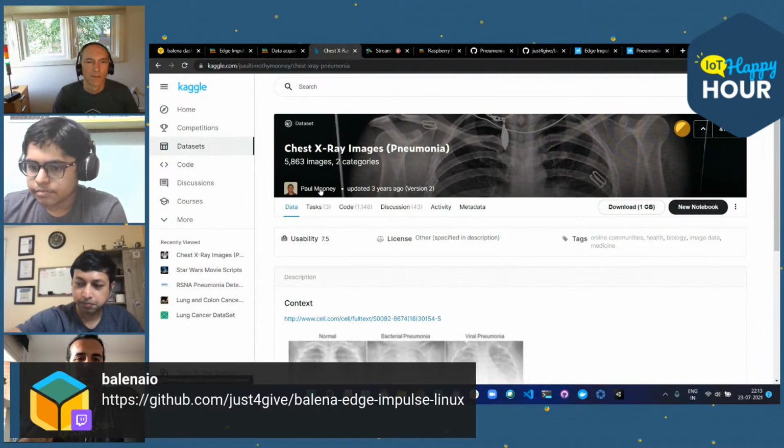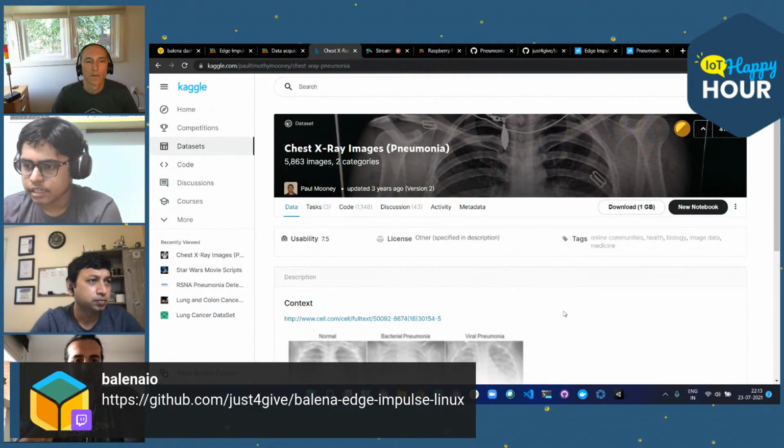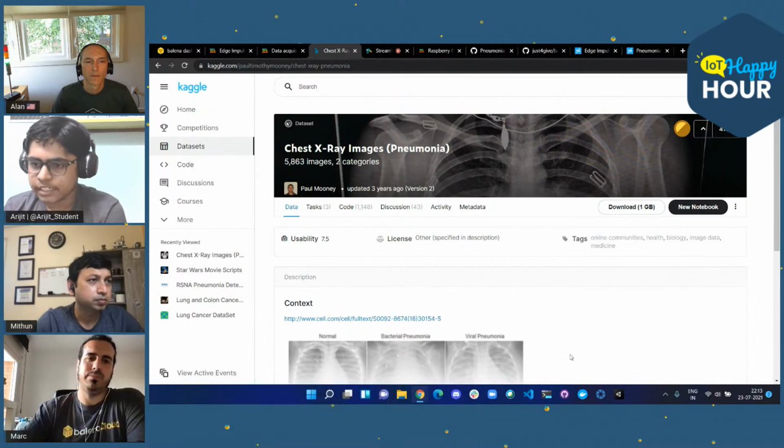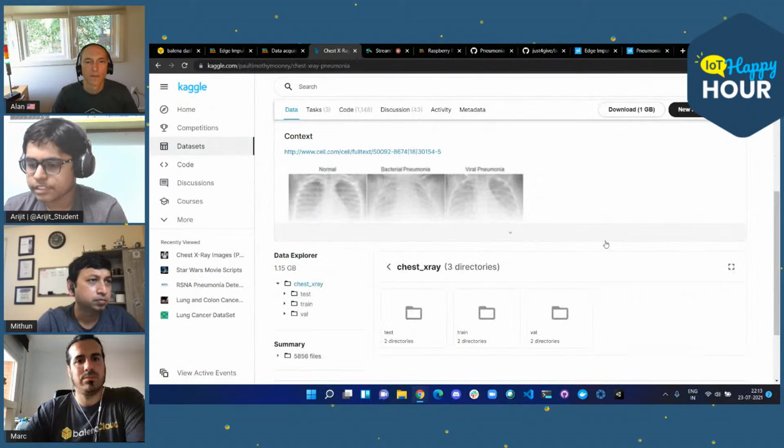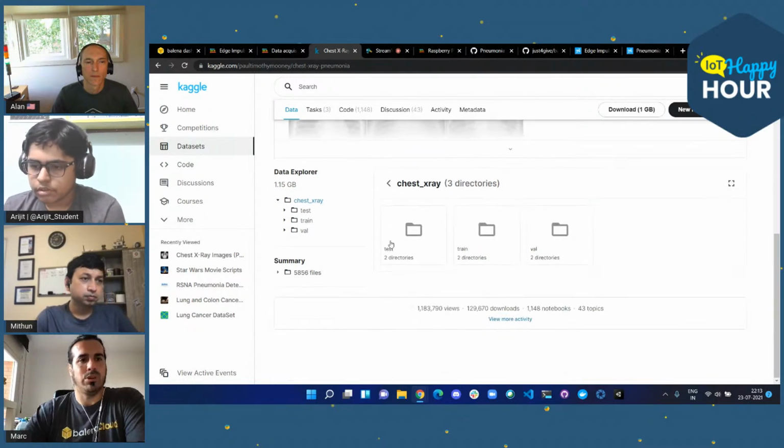Paul Mooney is one of the contributors to this pneumonia-based chest X-ray images data set on Kaggle, and he has tons of data sets of the bacterial and viral and even normal cases.